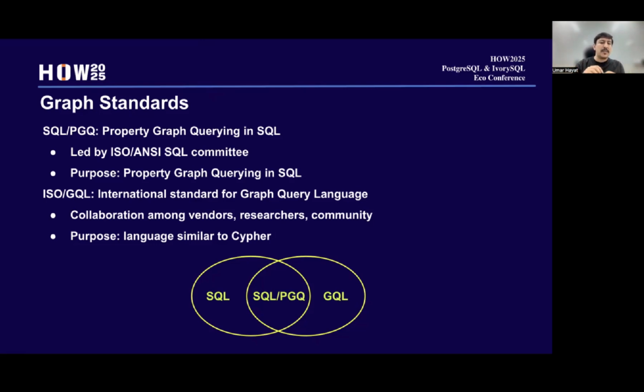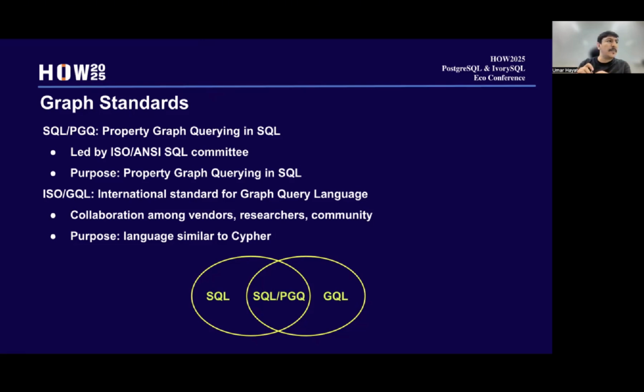And the second standard, which was released in 2024, was GQL, where a lot of vendors, researchers and the community collaborated and came up with a proper graph language, which is a native graph language.